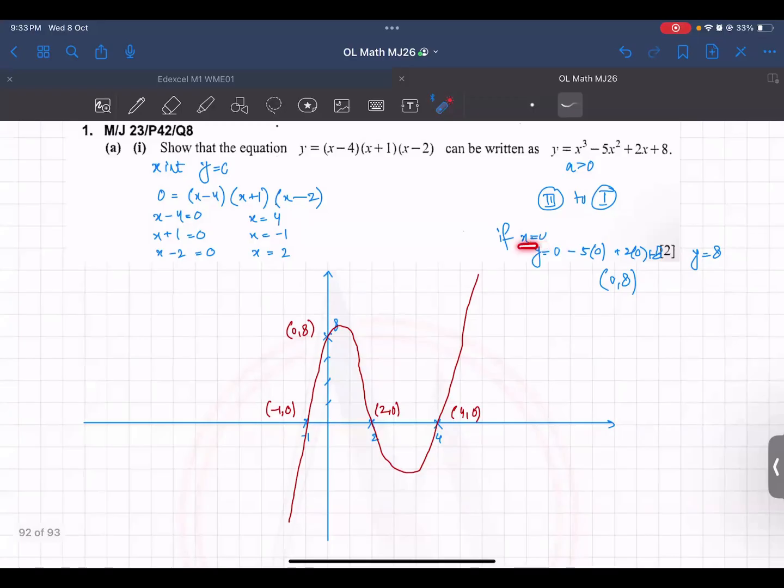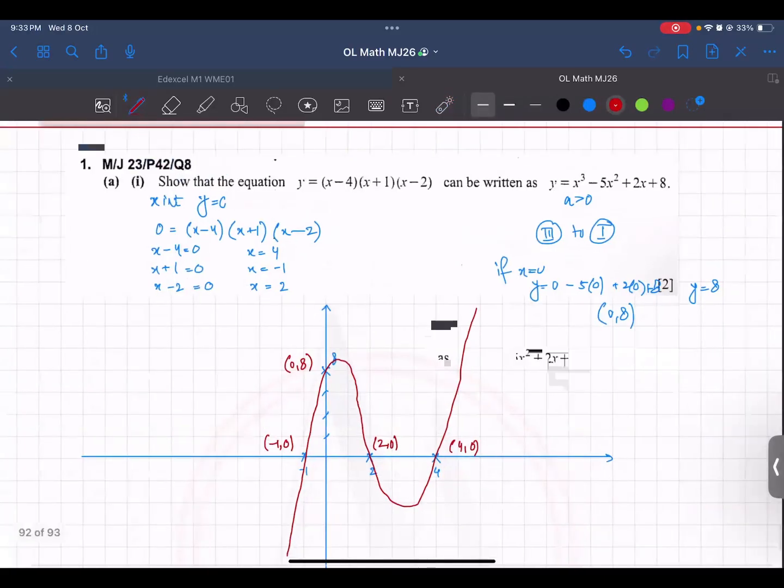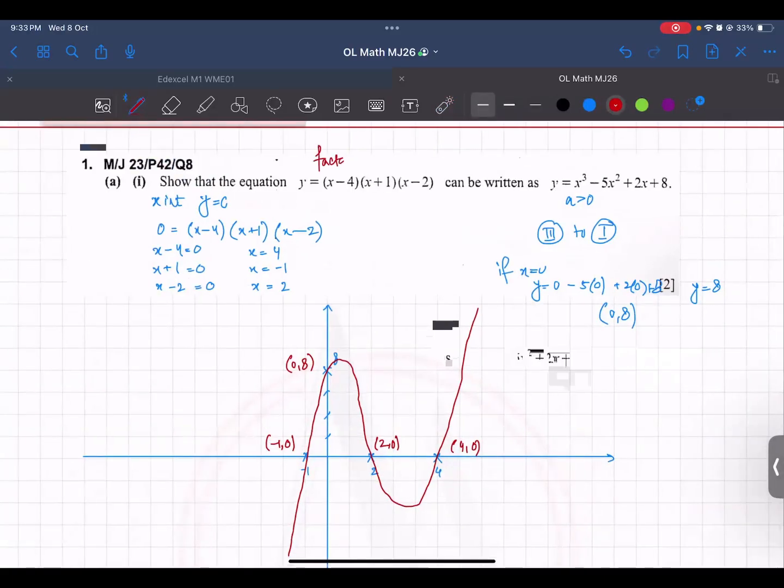Then I found the y-intercept. For the y-intercept, I put in my x as 0. So 0, 0, 0, and your y will come out as 8. So 0, 8 is the point. And then I found the x-intercepts. For x-intercepts, your y is 0. So this thing, factorized form is the best form to get the x-intercepts. Factored form. Yes, sir. Factored form for x-intercepts. Always. You want the solutions, right? And for the solutions, factorized form is the best one. So you equate it to 0, and then you found the 3 solutions for x. And these are the x-intercepts: -1, 4, and 2. I plotted them, and then I joined them with a smooth curve. This is it.